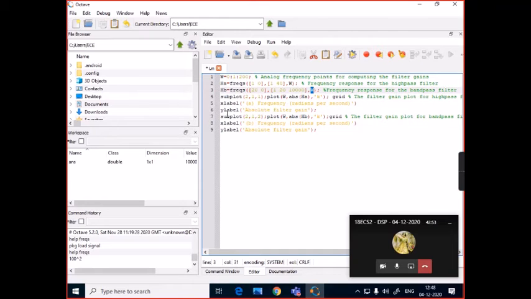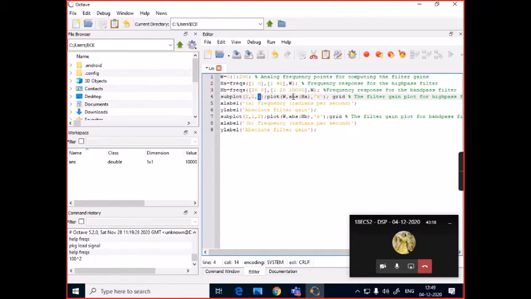With respect to W we'll be plotting the values. To plot them in a single graph, we'll be using subplot, 2 rows, 1 column. In the first plot, we'll be plotting the magnitude values. This is the frequency response. HA is the frequency response of the high pass filter, but I want only the magnitude response from it.